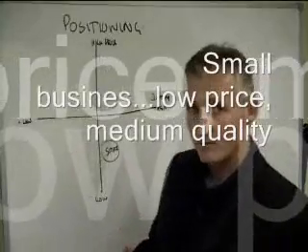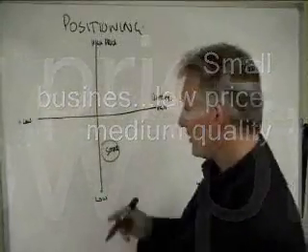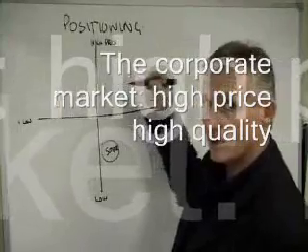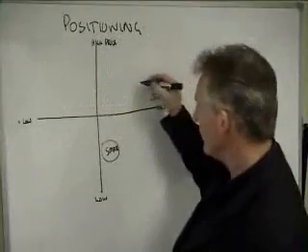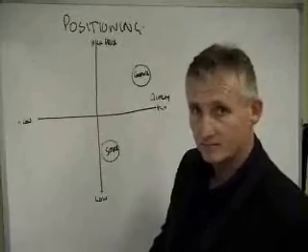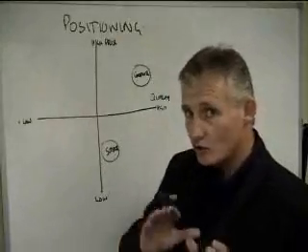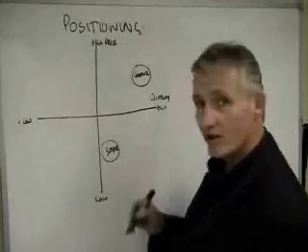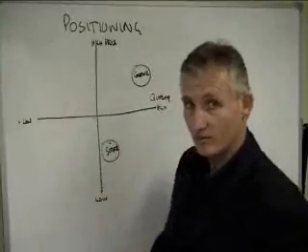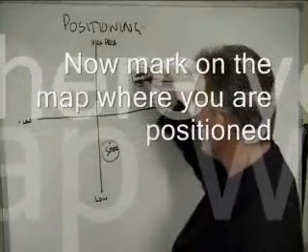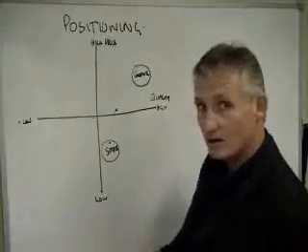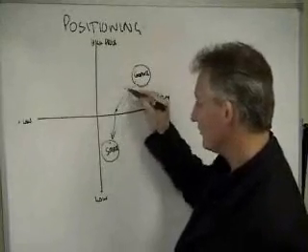When we look at, say, the corporate market, much larger companies, then they would be prepared to pay more for the product, provided it had a far more high level of depth. So you could say that the corporate market might be positioned there. So we've got two segments. And then your choice as a company is to say, well, are we going to produce a product that's going to fit here within the boundaries of exactly what this small business segment wants? Or are we going to produce a product up here within the boundaries of exactly what the corporate business wants? Or maybe we could position a product here which is halfway between this one and this one to try and